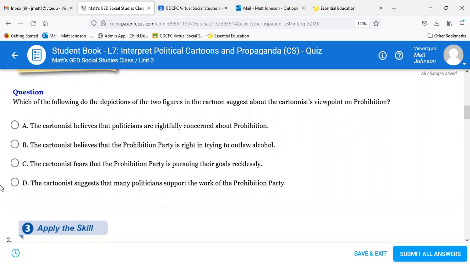Okay, so the cartoonist believes that the politicians are rightfully concerned about prohibition. B, the cartoonist believes that the Prohibition Party is right in trying to outlaw alcohol. C, the cartoonist fears that the Prohibition Party is pursuing their goals recklessly. D, the cartoonist suggests that many politicians support